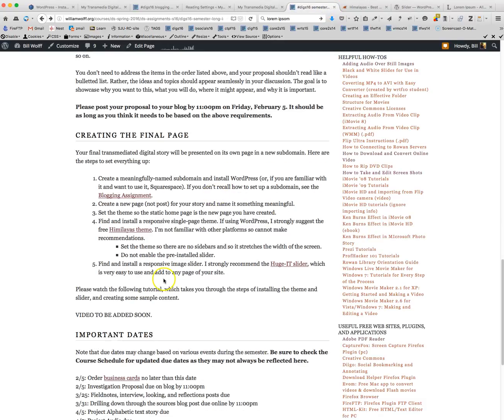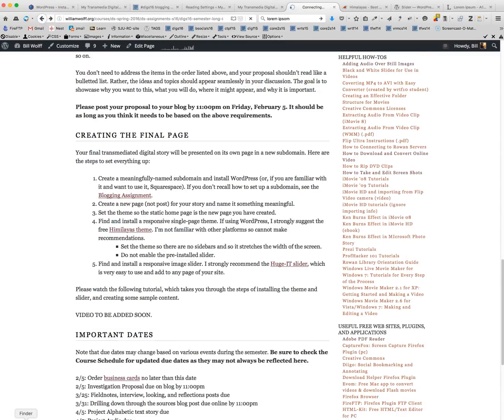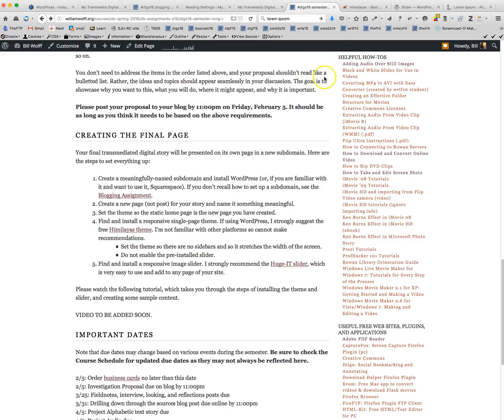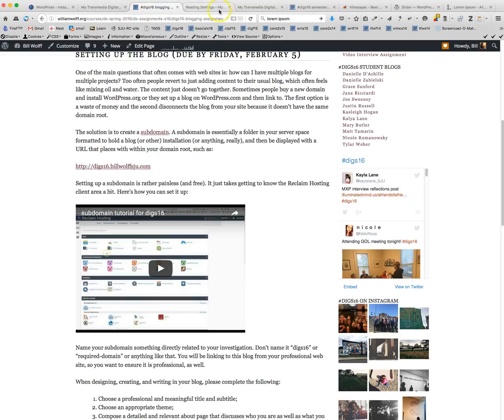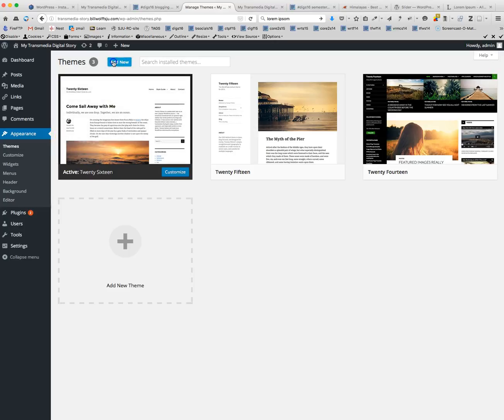The instructions also ask you to download and install the Huge IT slider, which you can download from the website. Now, I've gone ahead already and done this, and you can see that I've got the Himalayas and the slider in a folder that I call Themes and Plugins. And this is in my class one because it's related to that. So if I want to go ahead and install, go to Appearance, Themes, and if I want to add a new one,